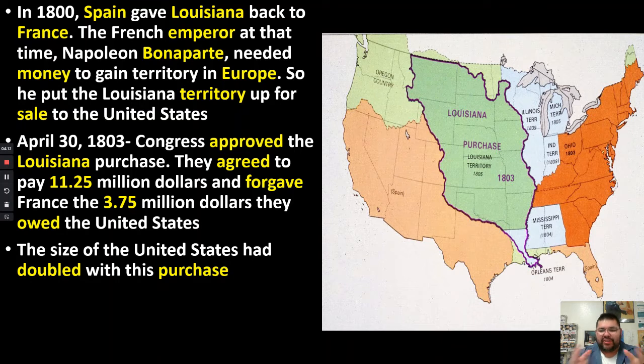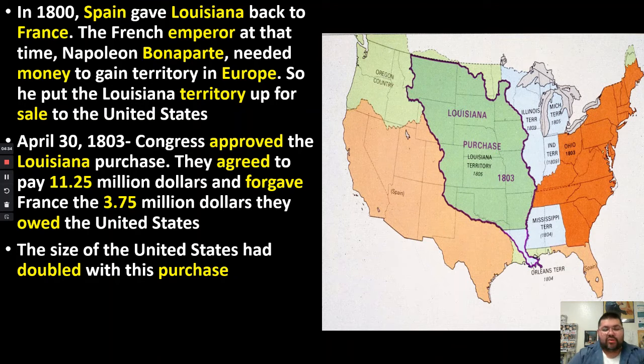Look how much land that is. That's huge. So basically he raises the power of the presidency, raises the power of the Congress, and gets it approved. So on April 30th, 1803, Congress approves the purchase of the Louisiana Territory.